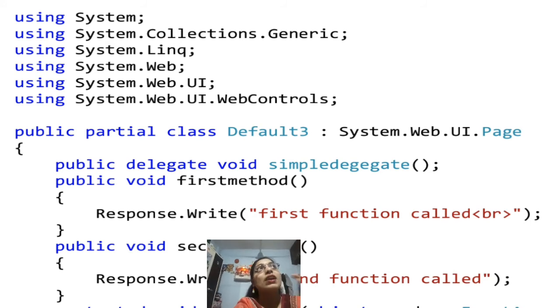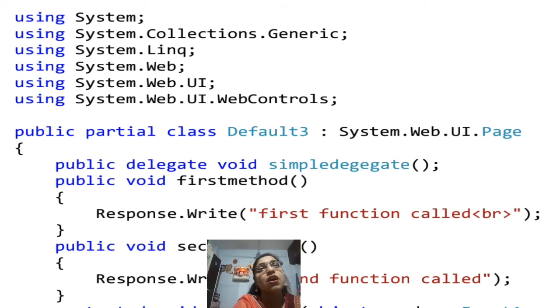When we create methods for this particular delegate, which points should we remember? As we all know, the method should match the delegate signature. What do we mean by delegate signature? Whatever return type you have used for a specific delegate, you have to use for the method. And if your delegate is parameterless, then the delegate method which you are going to create should be parameterless. If you have declared a parameterized delegate, then in that situation the method should have parameters.